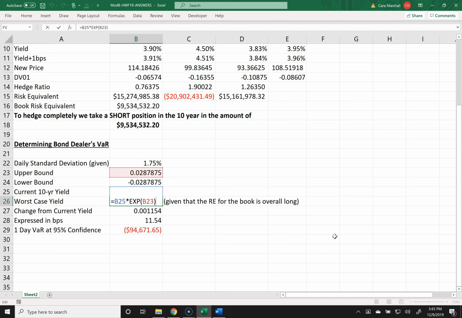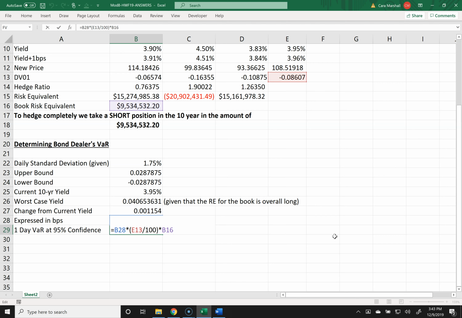So we look at the upper bound here, and that's where I think almost everybody in the class got stumped on this. And this really has to do with that inverse relationship when you're dealing with fixed income instruments. If rates go up, prices go down. So since we're long, we're concerned about the upper bound, not the lower bound. And so you could then calculate the change from the current yield and express that in basis points. And then you'd come up with your one-day VAR with